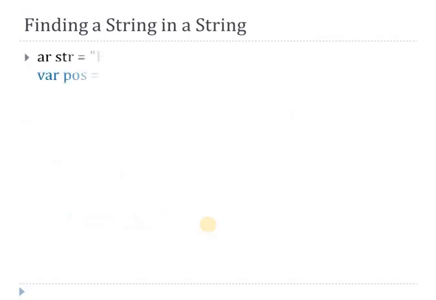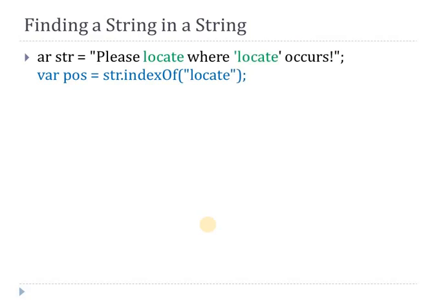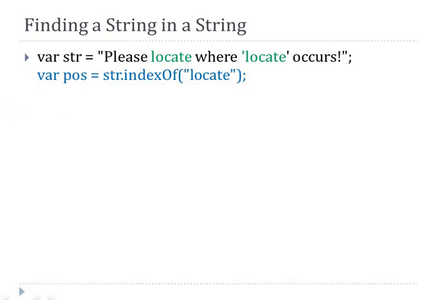After that, finding a string in a string, that means you are finding a string inside whatever you have passed. For example, over here, this is our string, and you want to find the string that is locate. So how do you use this method? String dot indexOf, and you just need to pass whatever value you want to search for. For example, if I am looking for locate, then you just need to pass it in double quotation marks, and this will return the index of that particular parameter.